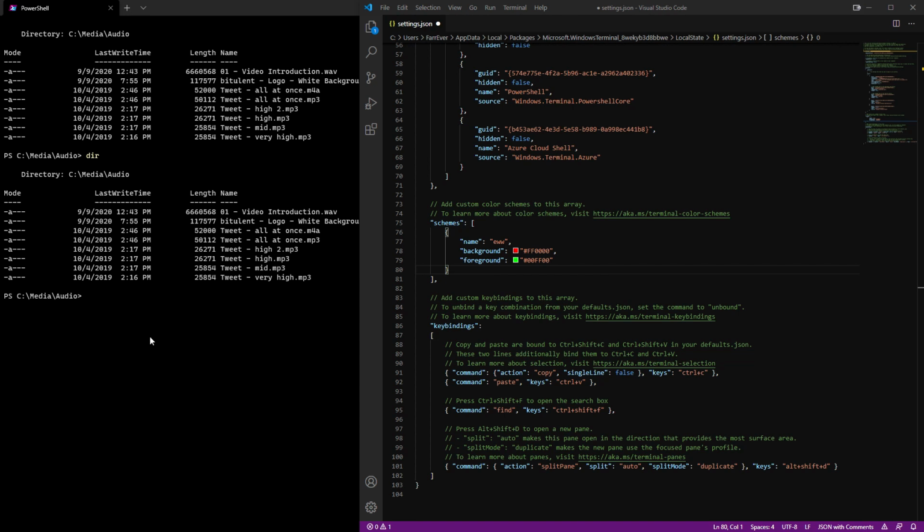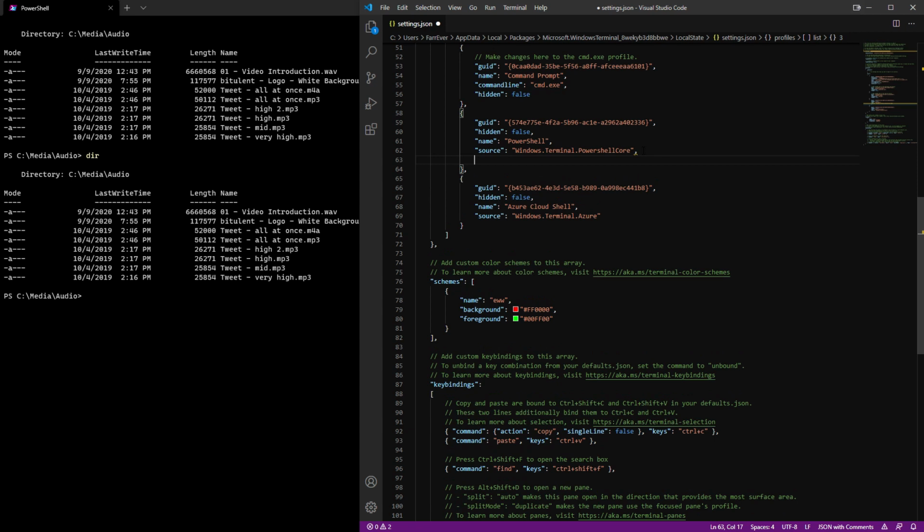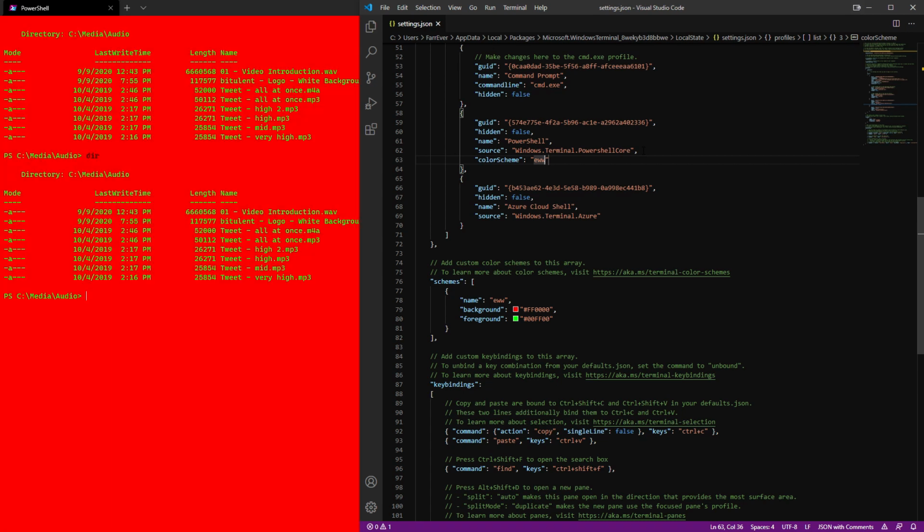Note that every setting here, aside from name, accepts a color as a string in hex format, #RGB or #RRGGBB. Now that we have a theme, let's apply it to our current shell, PowerShell. We do this by adding the attribute colorScheme to its configuration. And the value we assign to it is the name we set for our theme, Ew. Hit save on our settings file and we have an